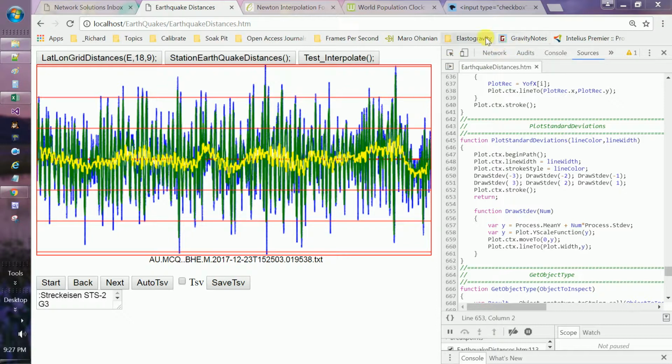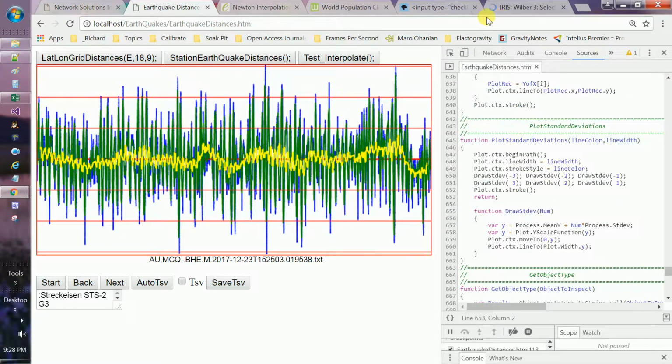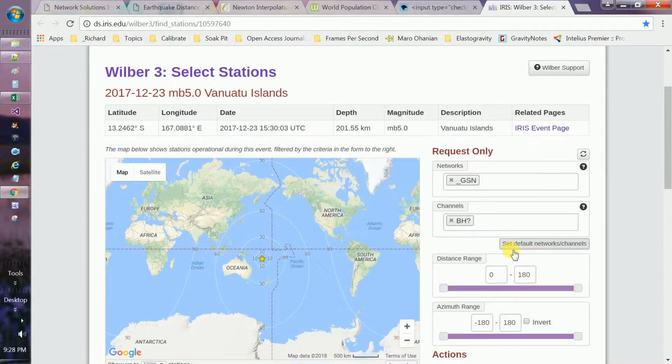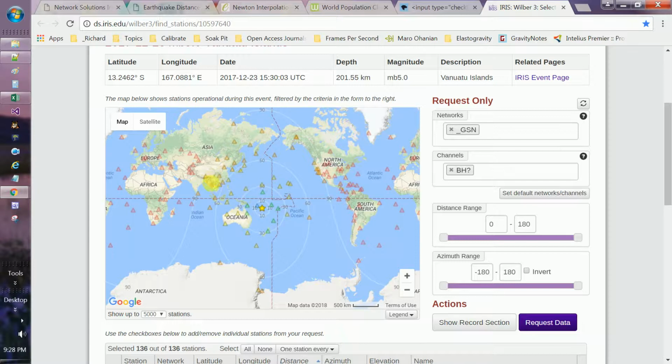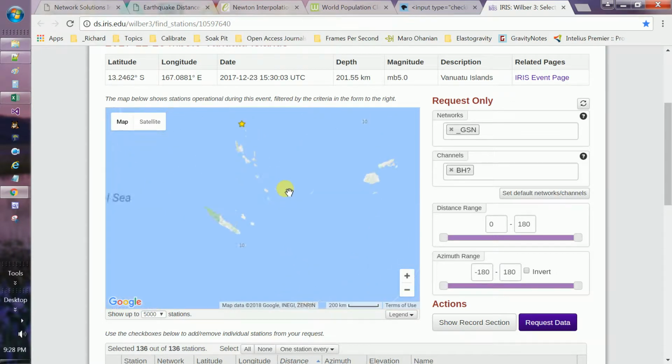I wanted to show you what I'm working on with the seismology networks. There's a group called IRIS, and they have data on earthquakes. If you can see the little triangles in here, that star is one particular earthquake at Vanuatu Islands. And I can zoom in here and eventually get down to where this little place out here had